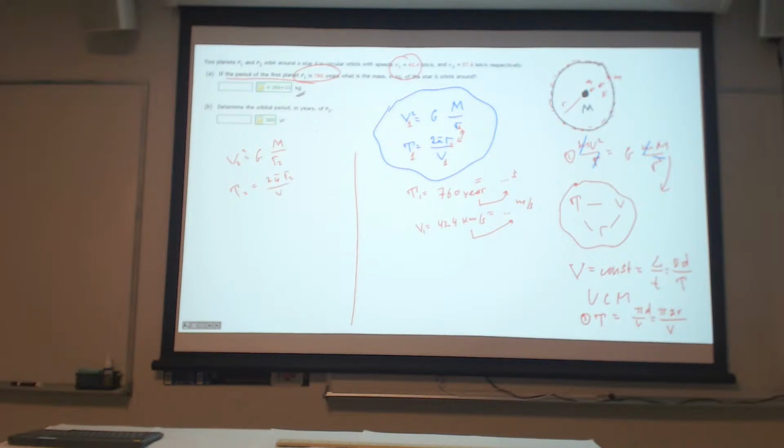So you could do the same type of reasoning. Again, you don't need the radius. You could, but you don't need it. So you can replace the radius with what? The radius equals period number 2 times speed number 2 divided by 2 pi. And you can use this expression here,